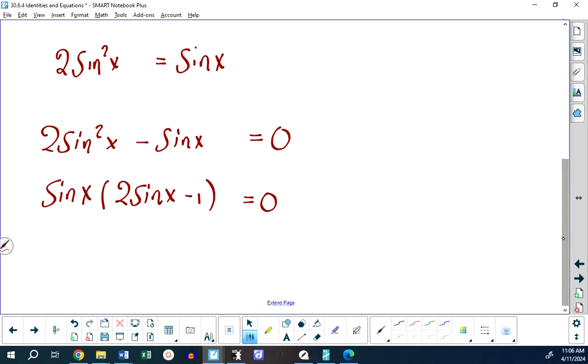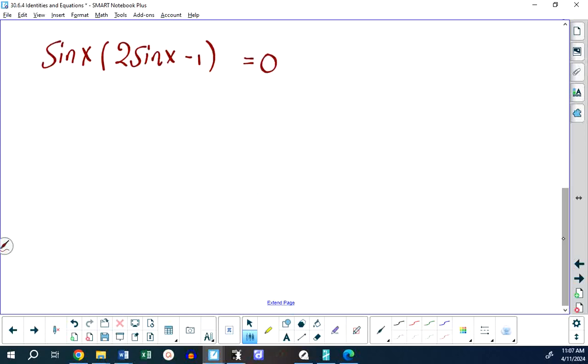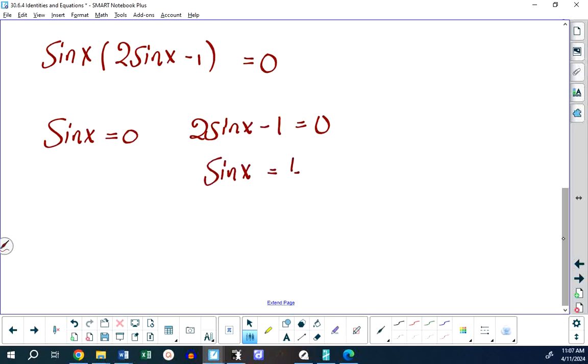Well, I would say not only have we made it simpler, we've made it simple. We're in the territory of taking candy away from a tired baby. It should be really easy. If everybody is looking at this, everybody should be saying, I can do this. This is sine of x is equal to 0. This is 2 sine x minus 1 equals 0. So that becomes sine x equals a half. Don't forget